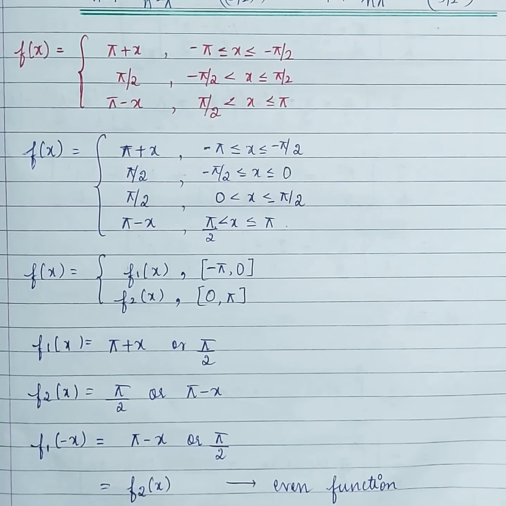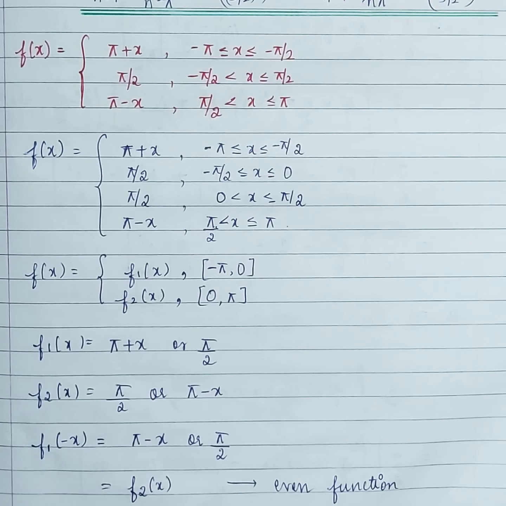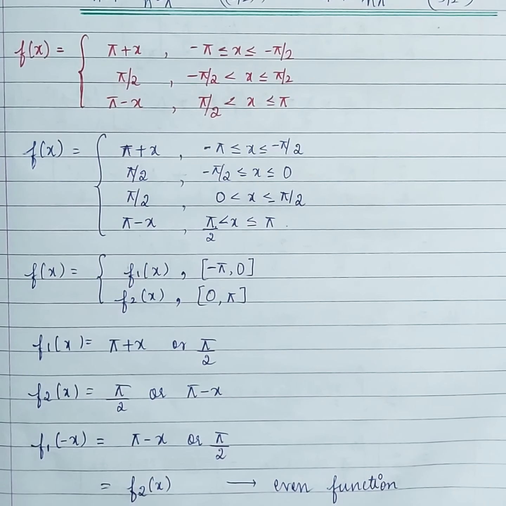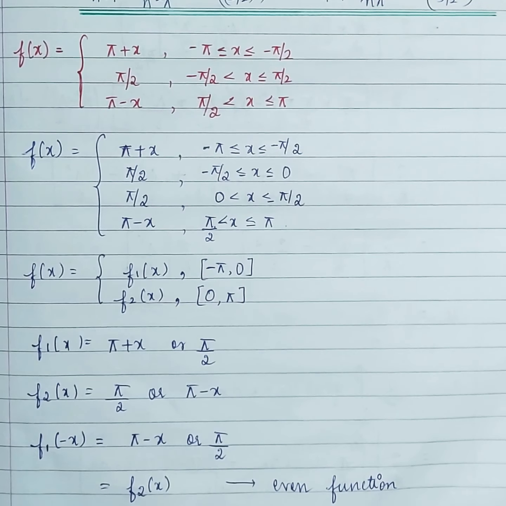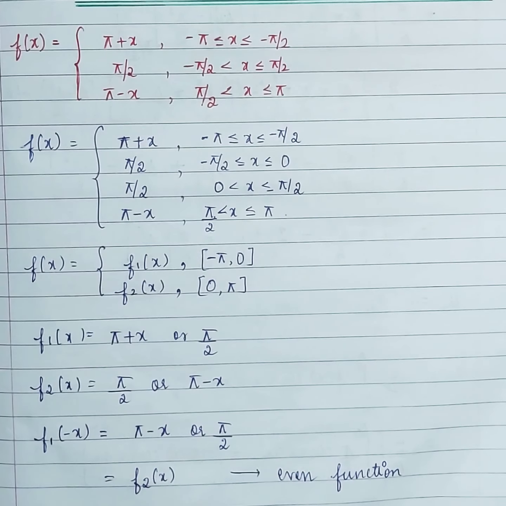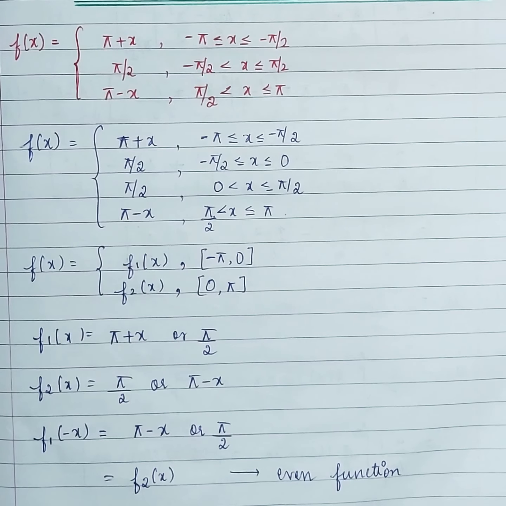In the previous videos, we have solved many problems in Fourier series in minus pi to pi, 0 to 2 pi, minus L comma L and 0 comma 2L. And we have seen how to check a function is even or odd in continuous as well as discontinuous functions. In discontinuous functions, we have seen so far only f1 of x and f2 of x. Only two functions are there.